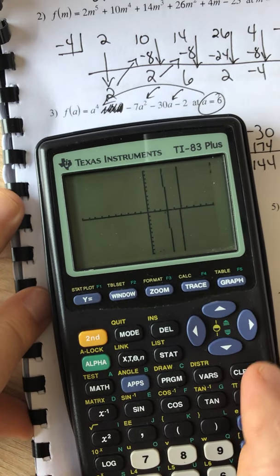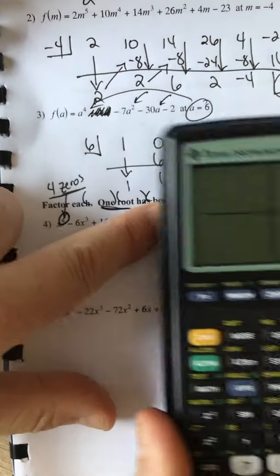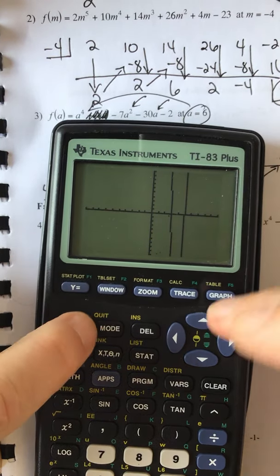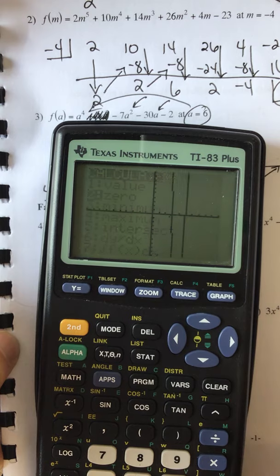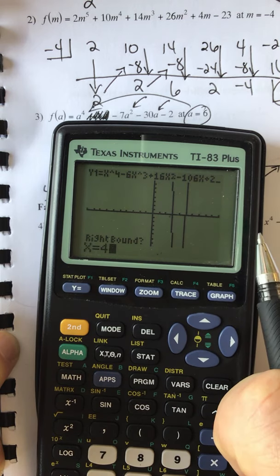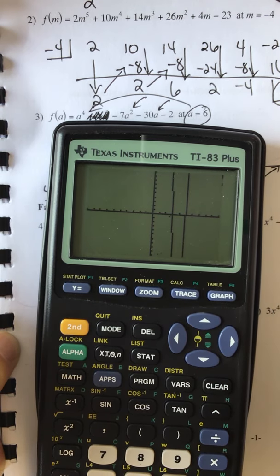And then like we did on one of those other ones, notice 2 of them are imaginary and 2 of them are real. Well, gosh, right there they are. There's the 2 real ones. We could go second calculate, find the 0, go to the left, so I'll put in a 1, go to the right, 1, 2, 3, it looks like 4 will be to the right, and one of the zeros is